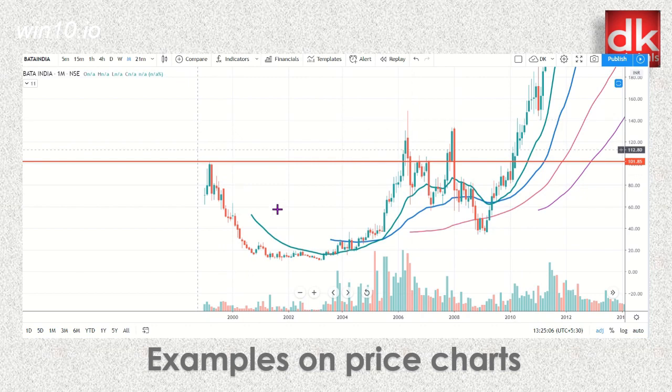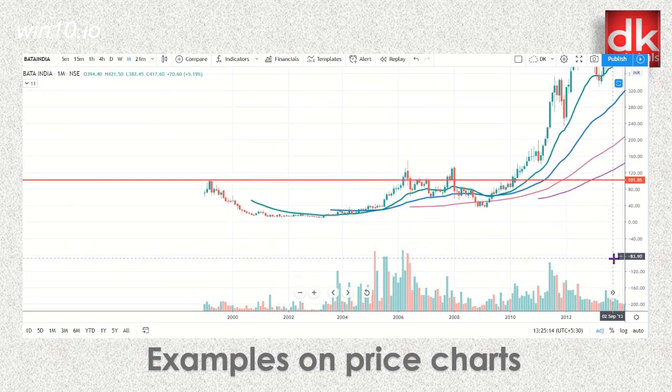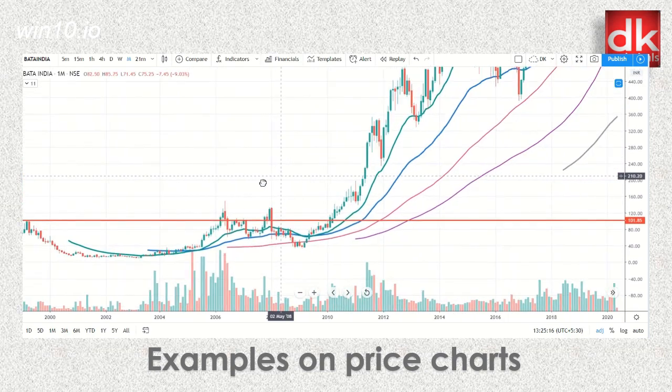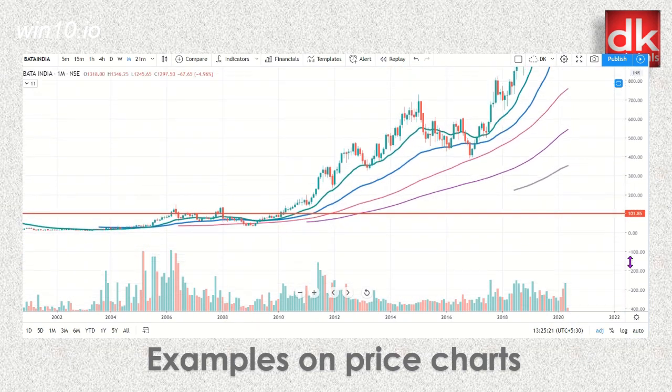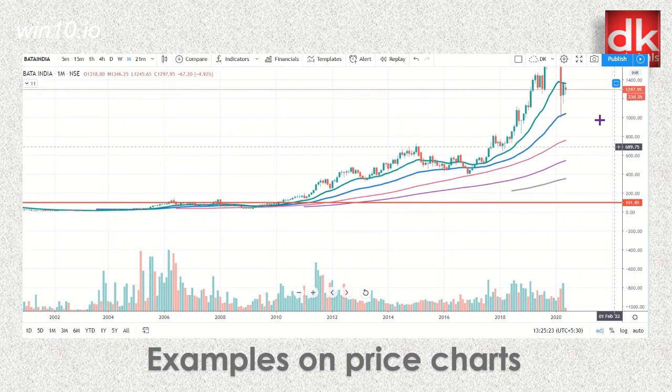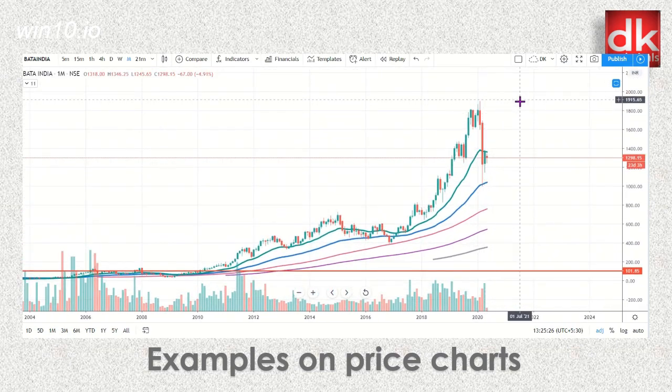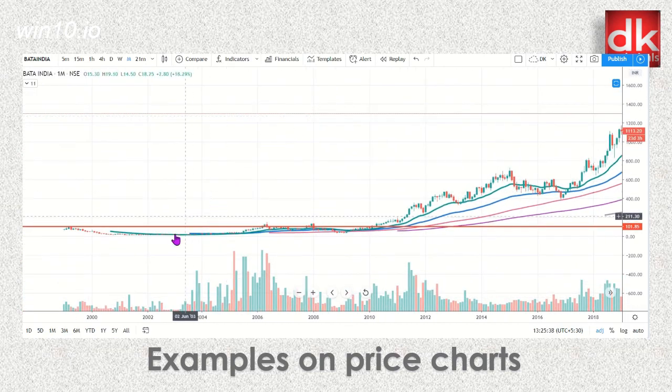And then once there was a breakout, we can see the phenomenal rise in the price of this particular stock, and after it broke out of the 102 level, which was a previous high, this stock made a lifetime high of 1890 rupees, nearly 1900. So it was a very big jump, and if we see the target here, the target was achieved in a very short time.